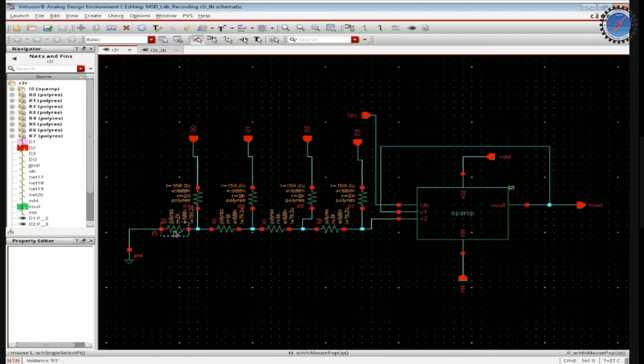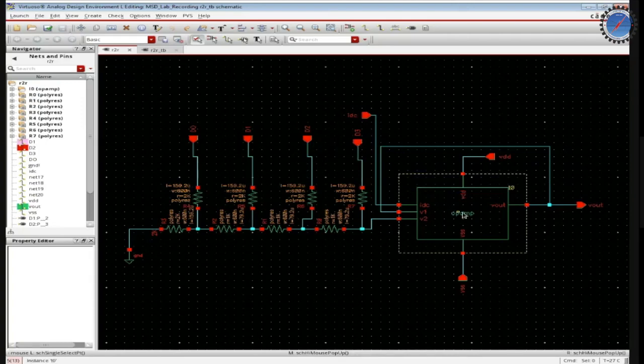If you look at any point you take, the resistance you see to the left of that point is going to be exactly 1 kilo ohm, or R. Anyway, you can work it out. I will leave it as an exercise to you. We'll find that for D0, the corresponding value is VREF by 16. For D1, it's VREF upon 8. For D2, it's VREF upon 4. And D3 is VREF upon 2. All right, so that is the ladder part.